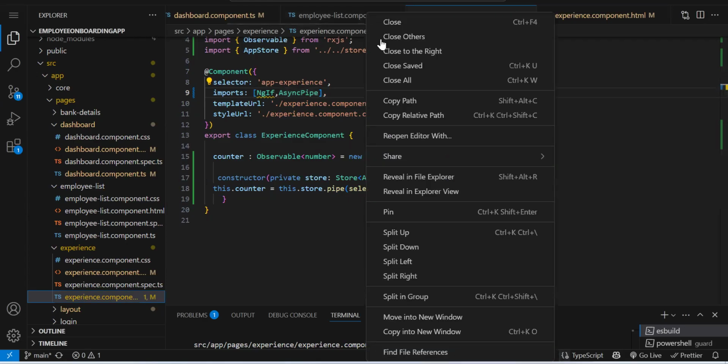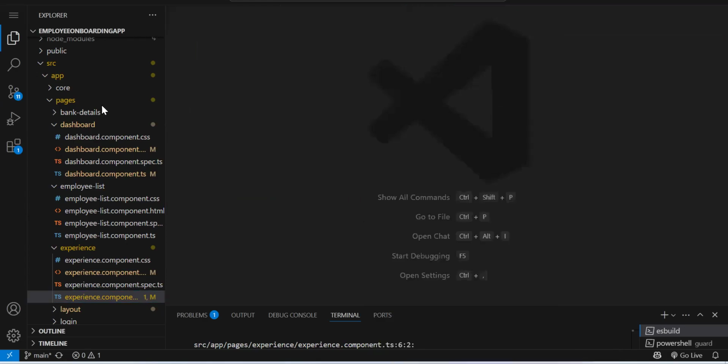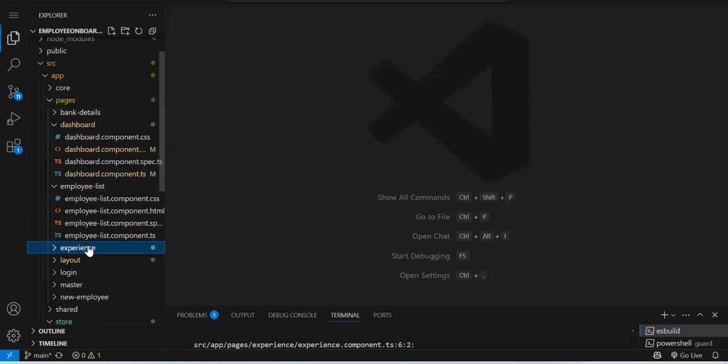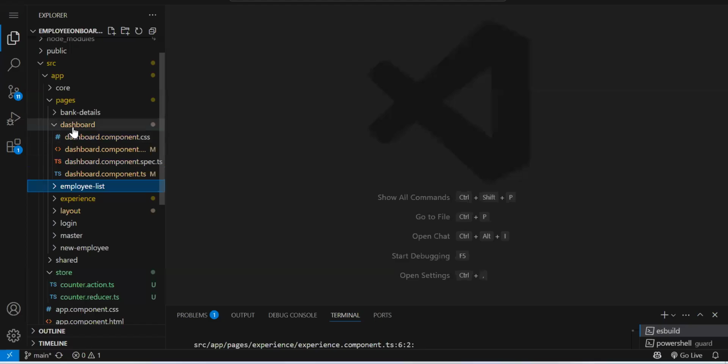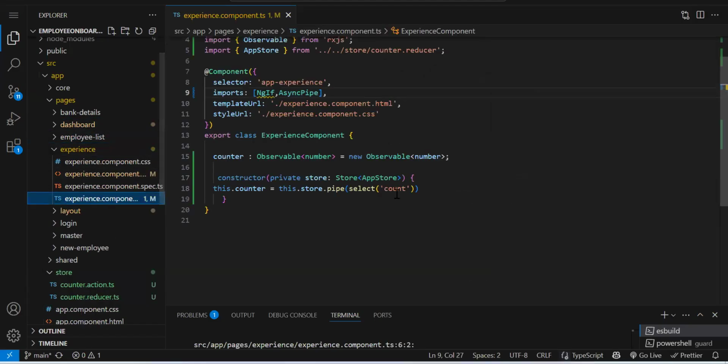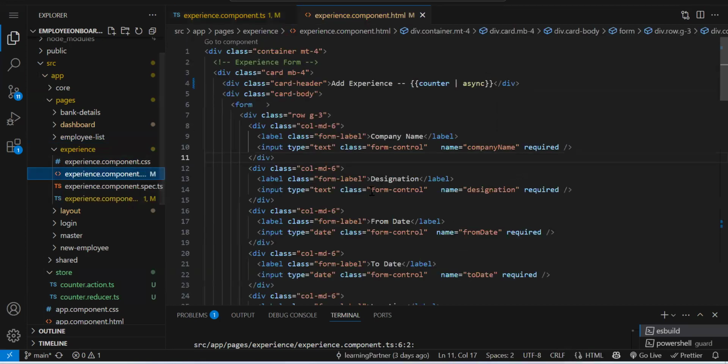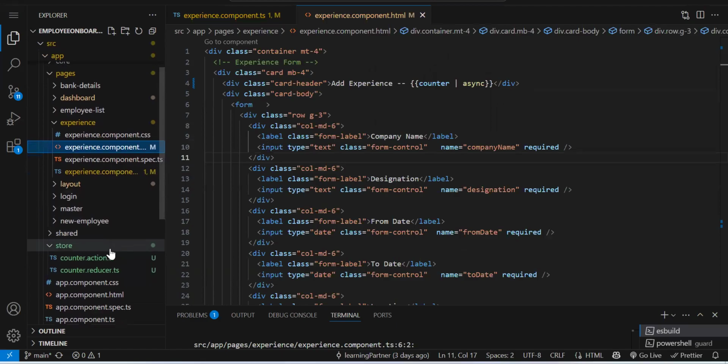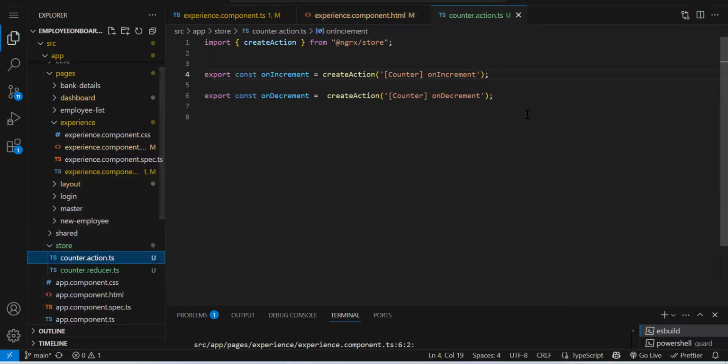Hello, sir. In the layout component, we have called the method, right? So we do not need to call the method in employer anywhere. See, let's say in experience, we did increment and decrement. Let's say from somewhere you need to reset it also. So we will create one more action.